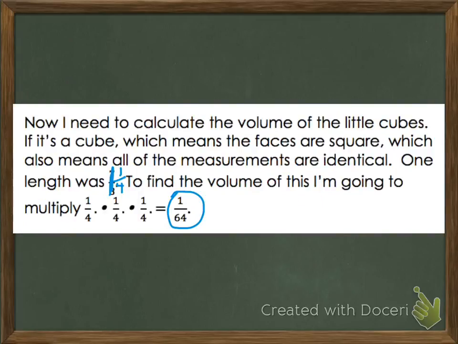Now I need to calculate the volume of the little cubes. If it's a cube, it means that all the faces are square, which also means all the measurements are identical. One length was 1/4. To find the volume of this, I'm going to multiply 1/4 times 1/4 times 1/4. That's also like saying 1/4 to the third power. And that answer is